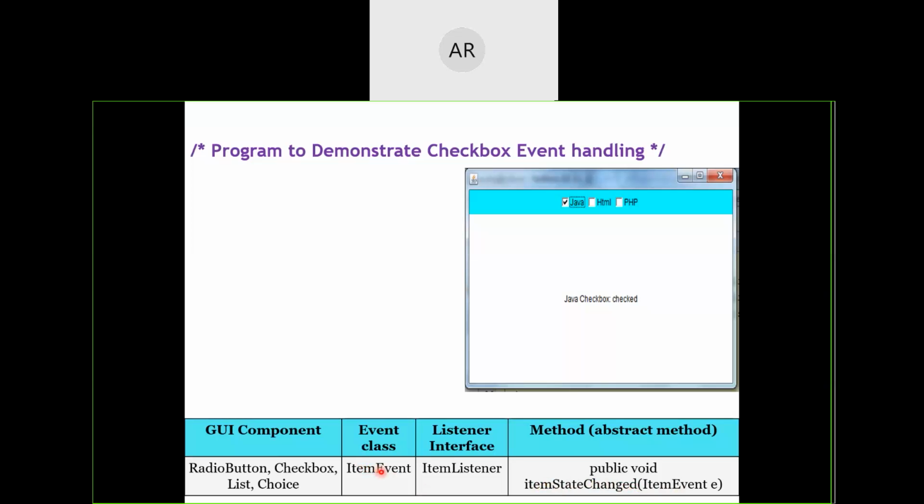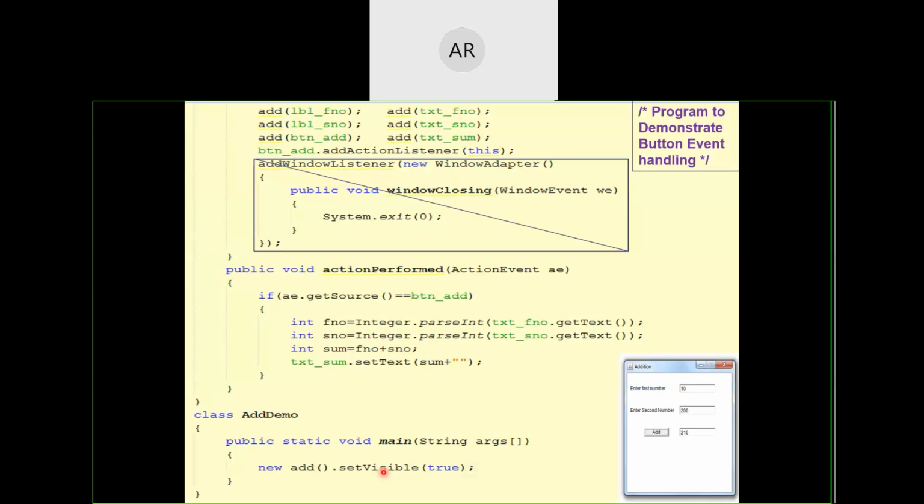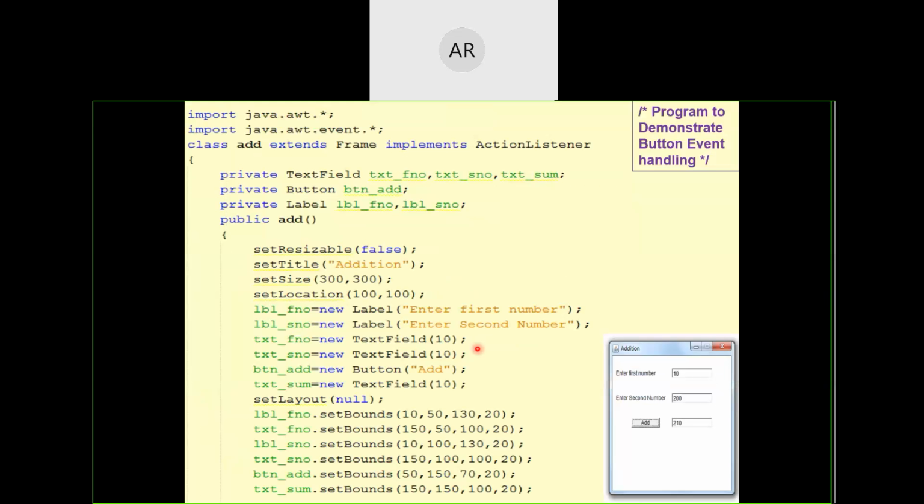Just to give you a quick recap, I'm going back to the previous program. Here we are trying to have the button activity, button press type of events, right? So for buttons, we have a listener called ActionListener.